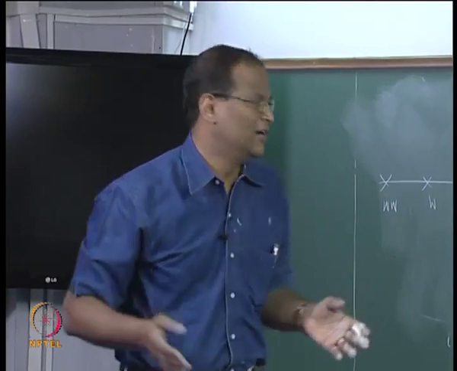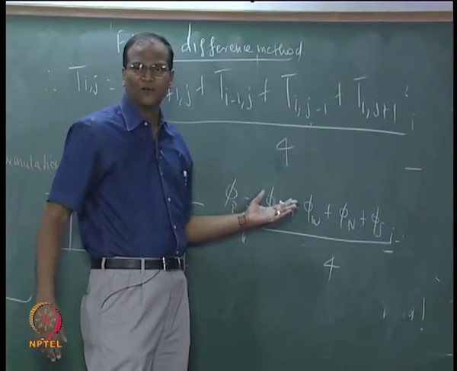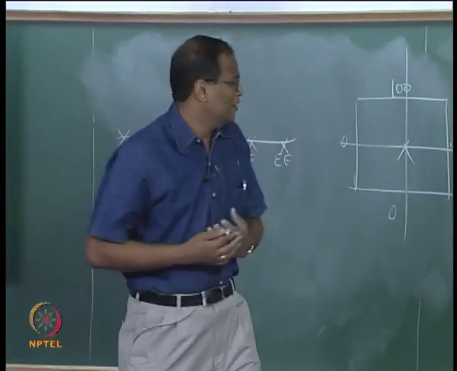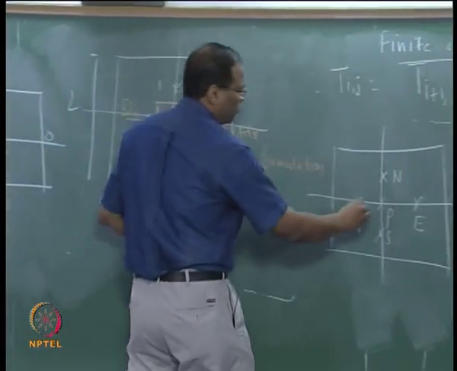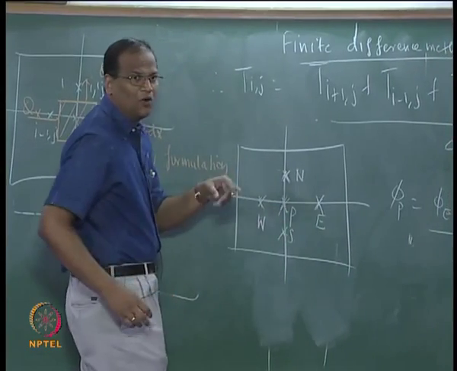Delta x need not be equal to delta y, then the average won't be 25%, 25%, 25%. Okay. Now once you write for P, you can similarly write for E, you can write for N, you can write for this, and then what you do is basically